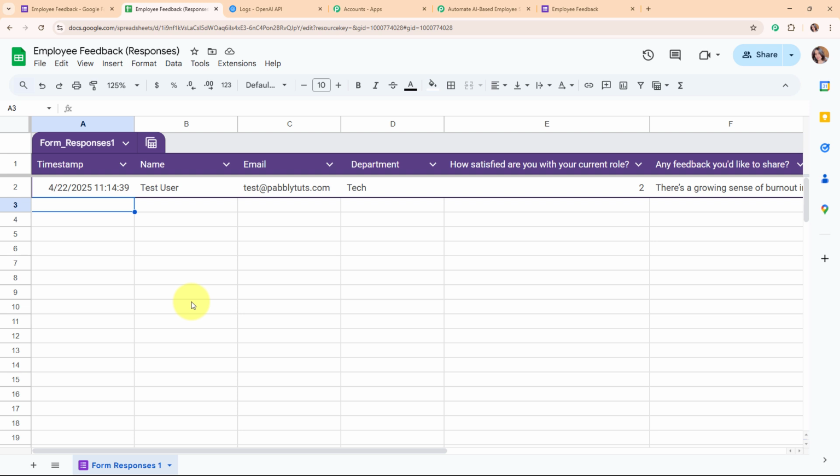And now what we are going to do is connect this Google Sheet with our Pabbly Connect in order to capture all the responses in Pabbly Connect as well. Alright, so to build this connection, you need to install an add-on in your Google Sheets account.